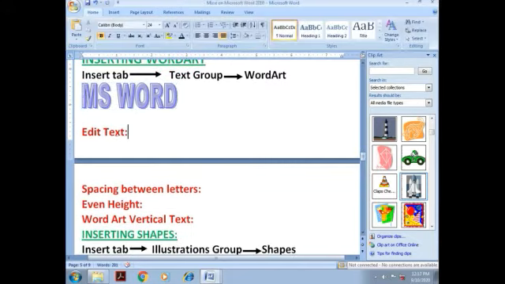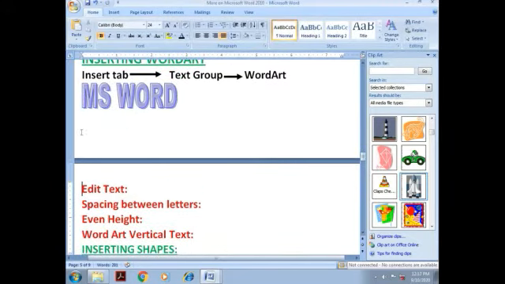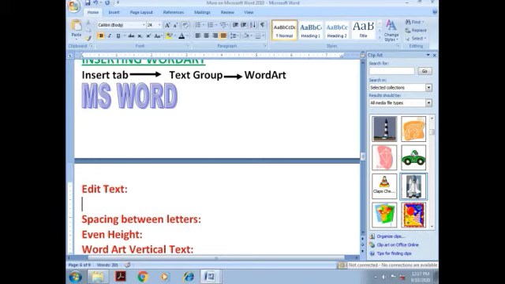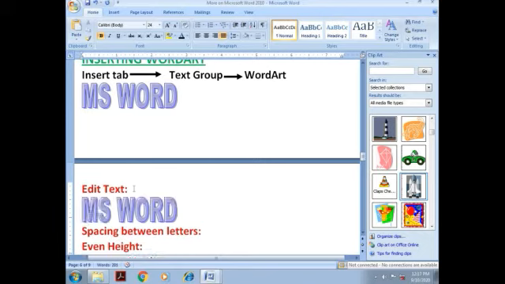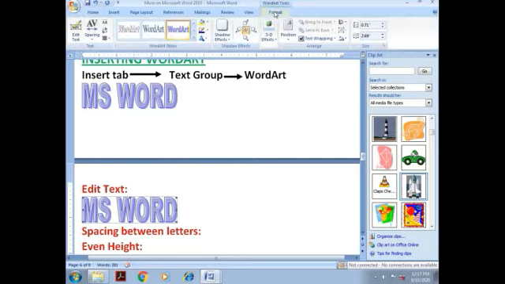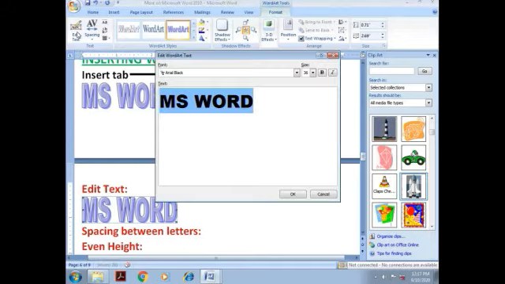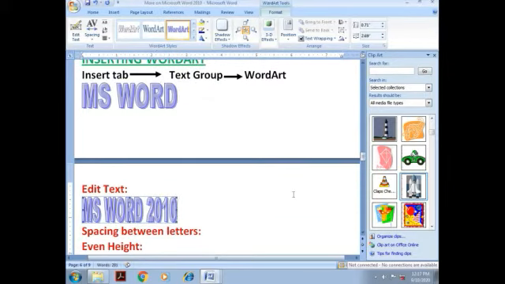We can edit the text also. If we want to change the font style and size, we can change the font style and size also. We can edit it and we can change the font size, make it bold, italic.